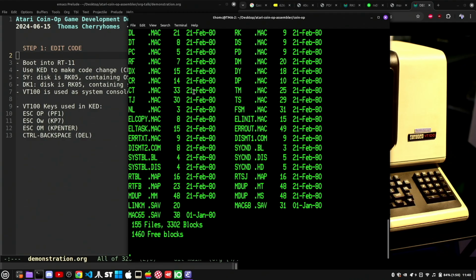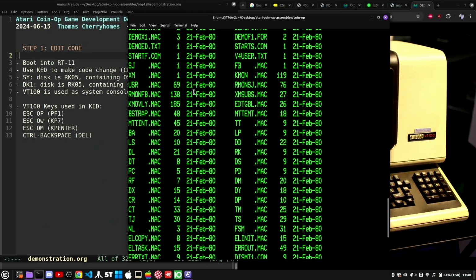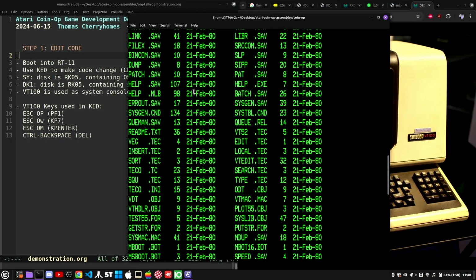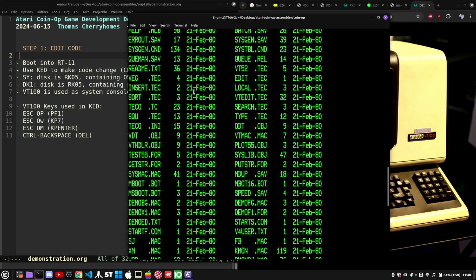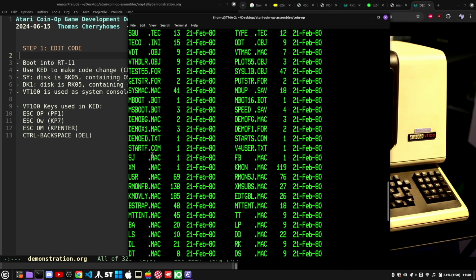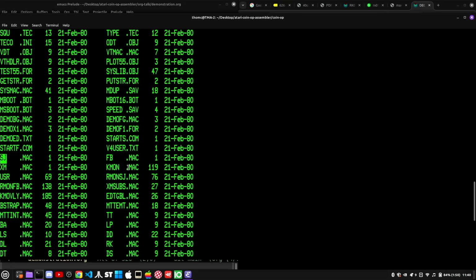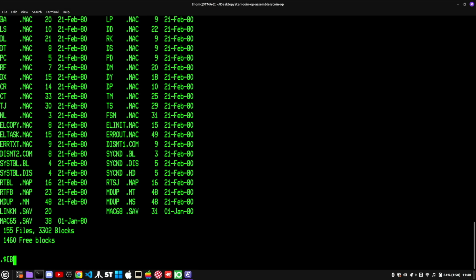while this thing waited. At this point, we're booted into RT-11, and it's waiting for a command. The dot prompt here indicates that we're waiting for a command. We can do a directory on our system drive to see what's here. For all intents and purposes, this is a pretty standard RT-11 installation. We'll actually see one of the nice things that you just don't get anymore: the source code for all the various little bits of the operating system,